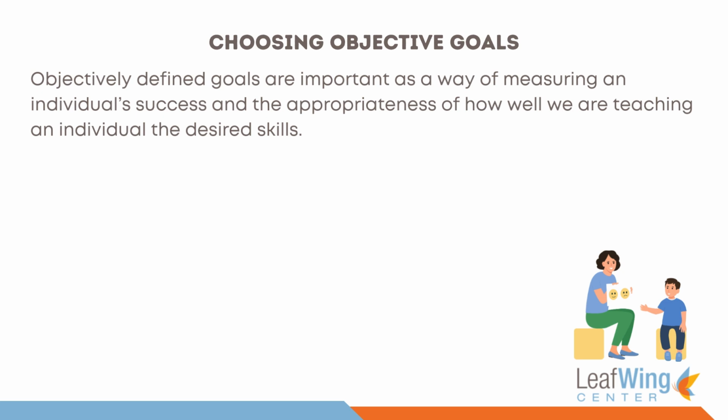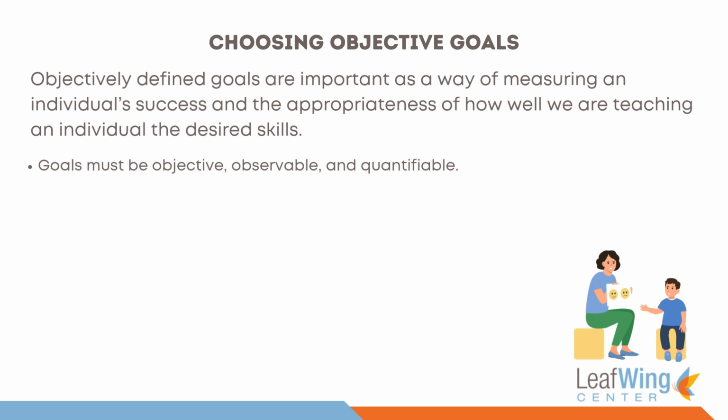rather than, Billy will learn to initiate playing ball games with his friends at school during recess time, with 90% accuracy over a period of 4 consecutive weeks. Without measurement, it is difficult, or rather impossible, to see if a child is progressing. Therefore, goals must be objective, observable, and quantifiable.